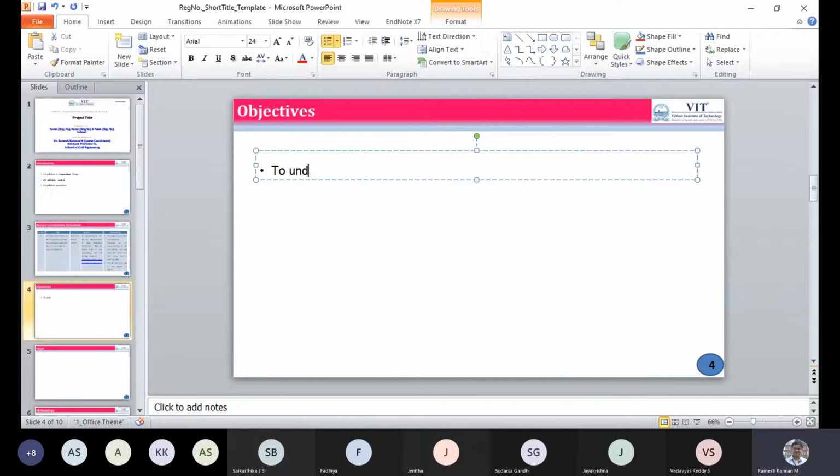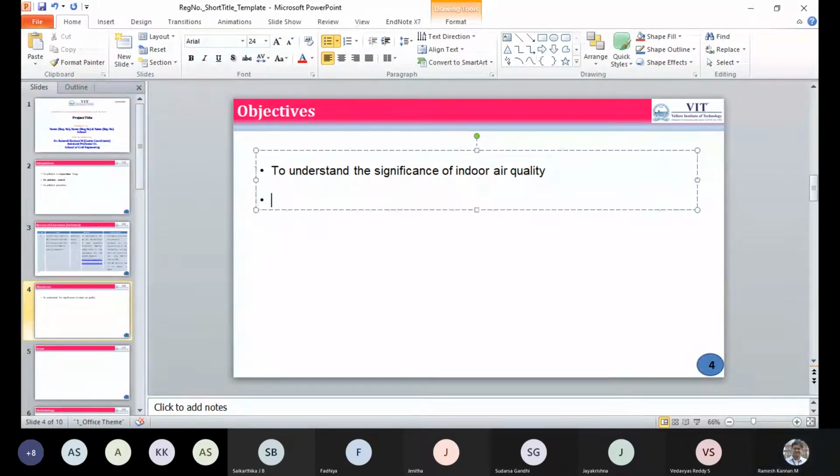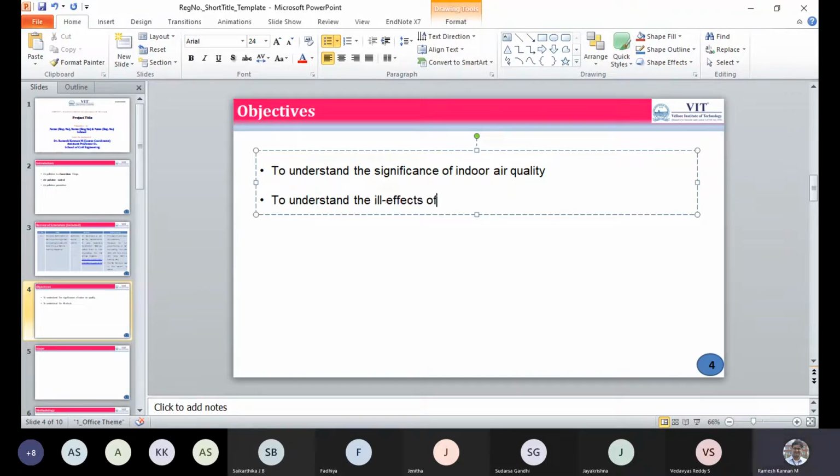So to understand the significance of indoor air quality, and to understand the ill effects of air pollution.